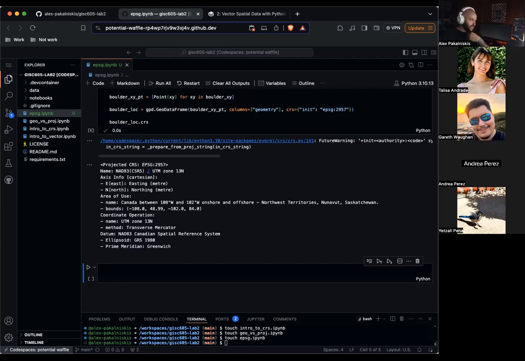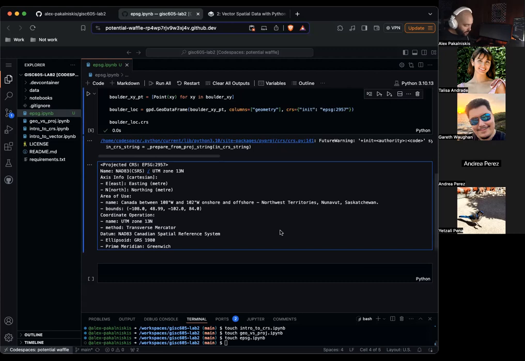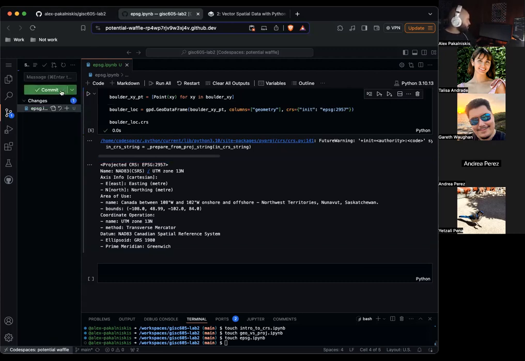I don't know that we're going to actually use any code with WKT, but if you wanted to, you could convert to WKT. That's actually it for this lesson. So we can now save our changes and continue. So let's commit and sync.